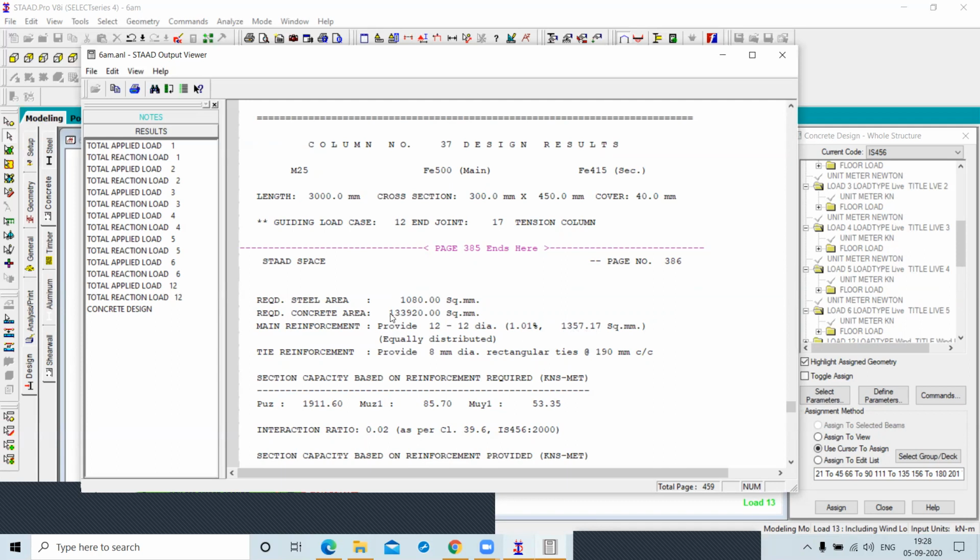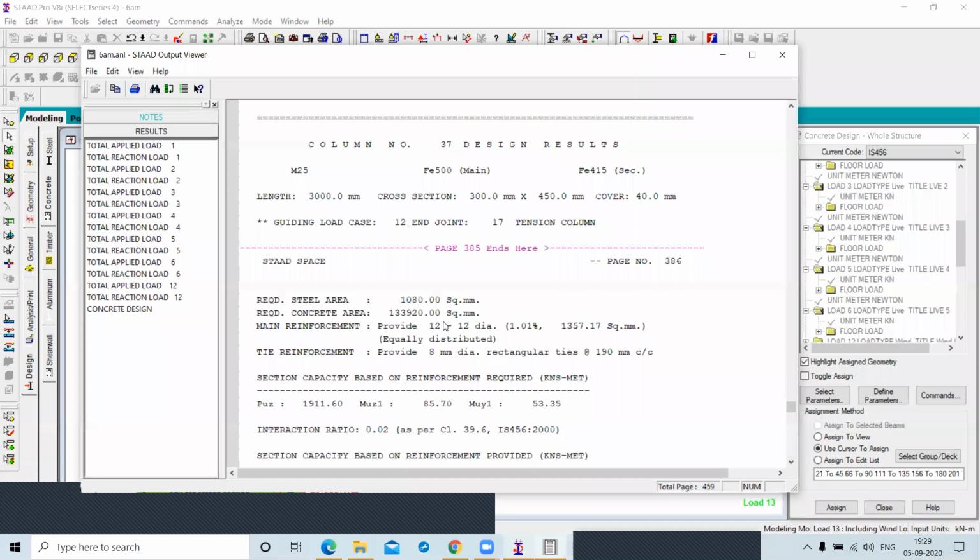Right, which is safe. We have to provide more, but not less than the minimum. Okay. The tie reinforcement provided is 8 mm dia rectangular ties at 190 mm center to center. Okay. If you give the maximum bar of 10 mm in the main bars, right?